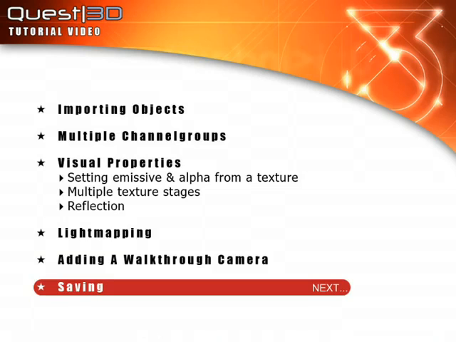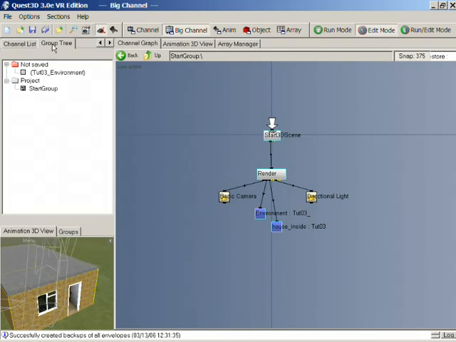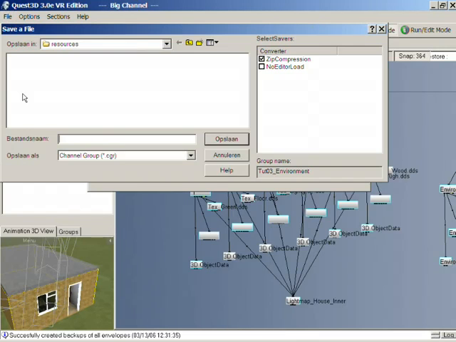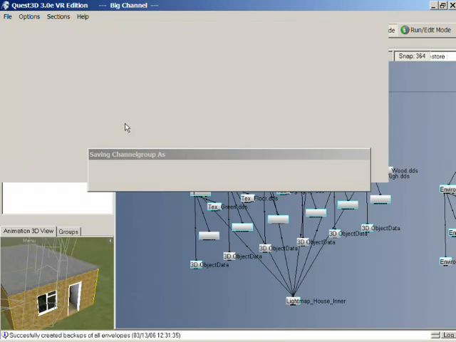We're now going to focus on saving. Now you can see in our group tree here, our current channel group, the Tutorial 03 environment, has not been saved. It's telling us that it's not been saved there. So let's have a look at saving it. If we go to File, Save Group As, and then select a place to save it, and just call it Tutorial 03 environment, and then hit save,